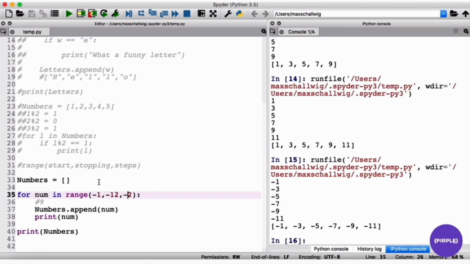It's just now we start at -1, we add -1 to our list, we print out -1, then we subtract 2, so -1 minus 2, so now we're at -3, we add -3 to our list, we print out -3, then we subtract 2 again, -5, add -5 to the end of our list, print out -5, and then subtract 2 again, so -7, add